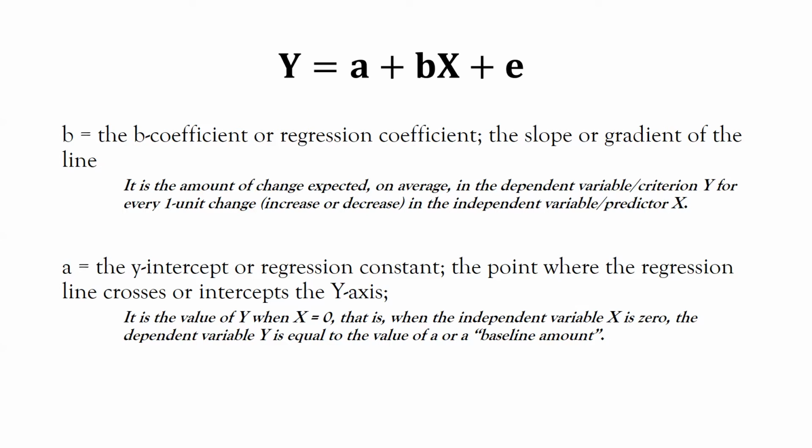A, on the other hand, is the y-intercept or the regression constant. In earlier maths, that was supposed to be B, but now we're calling it A. It is the point where the regression line crosses or intercepts the y-axis. For interpretation, it simply means in regression analysis, A is the value of y when x is 0. So when you plug in the values and x is actually 0, this is your baseline amount of y. When the independent variable x is 0, the dependent variable y is equal to this value. So without x, this is the value of y,